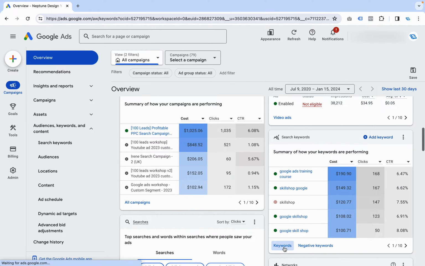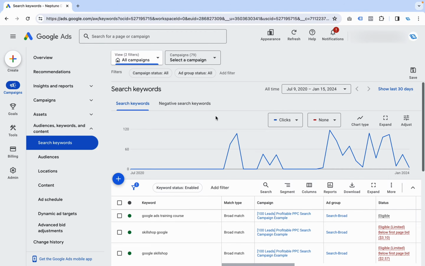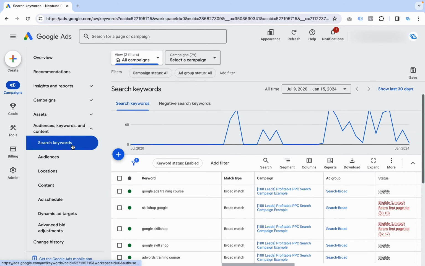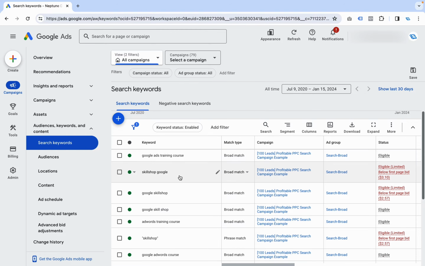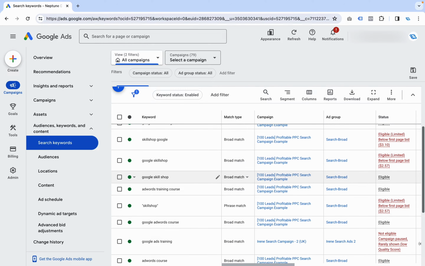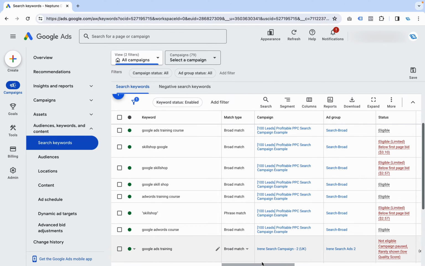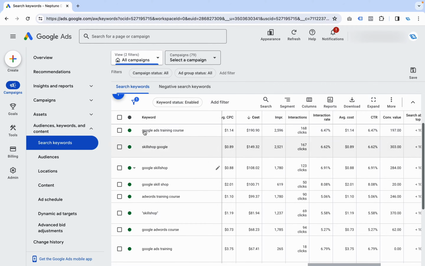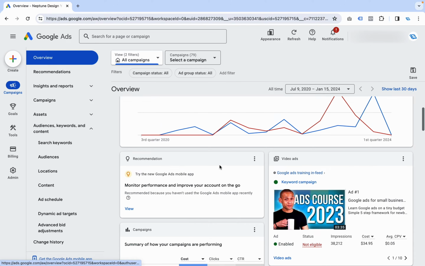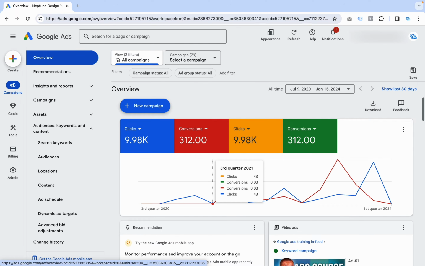When I click on keywords, what it'll do is it'll go back to that full keywords report that I was telling you about earlier, and now you'll get to see every single thing about keywords, and you'll have all the stats available to you. So you can think about the overview report as just an abbreviation. It's like a simplified version, a simplified report, so that you can look at it at a glance and see what's costing you the most money, what's converting the most. You can look at all of these in the overview tab.